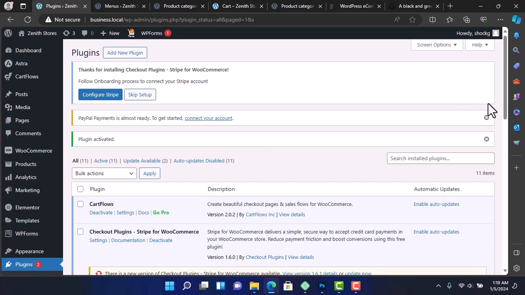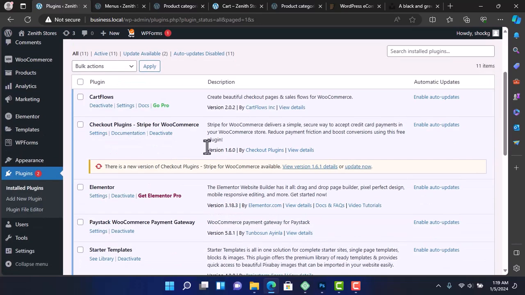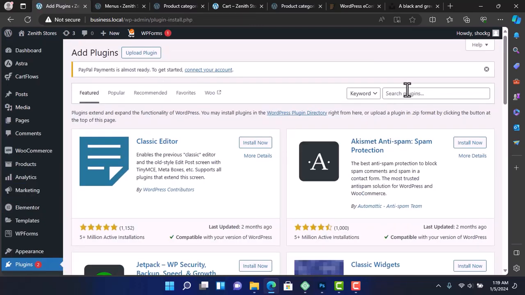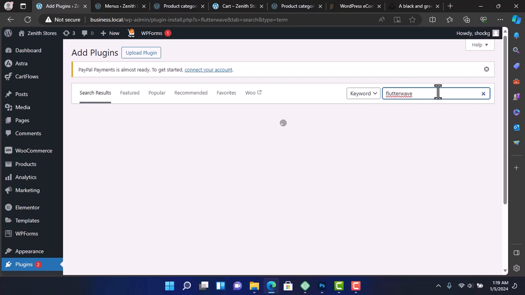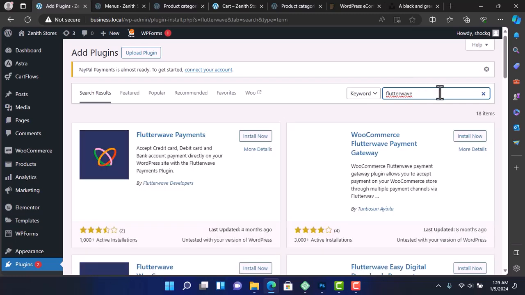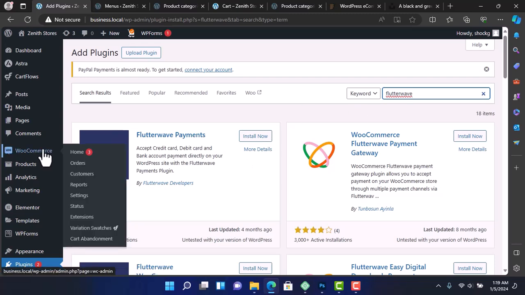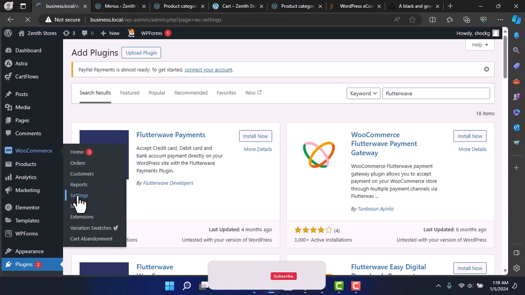Then another payment gateway, so we can add a new one again, and this could be Flutterwave. So this is another payment gateway for Africans, and here we go, Flutterwave payment, and then you install. So once that is done, we can go back to our WooCommerce and then settings and then payment,